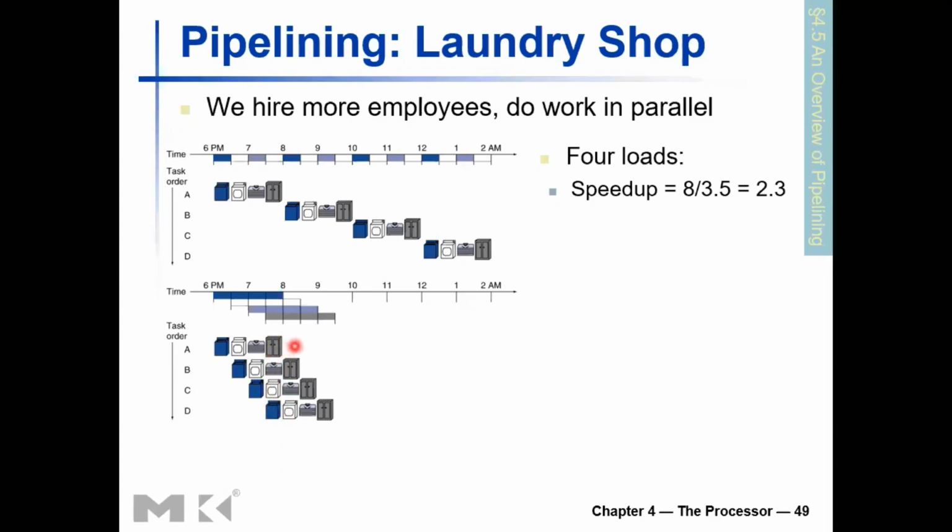So when we go on to the next half an hour, that is 8 to 8:30, we have already finished customer A. We are packing customer B's clothes. We are folding customer C's clothes, and we are drying customer D's clothes, and we can start washing the next customer. If there is a customer E, we can start washing his laundry. So, right. So by the time you have started the 4th customer or the 4th laundry load, all our stations